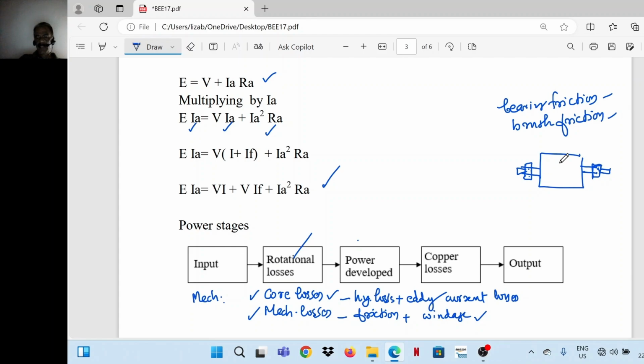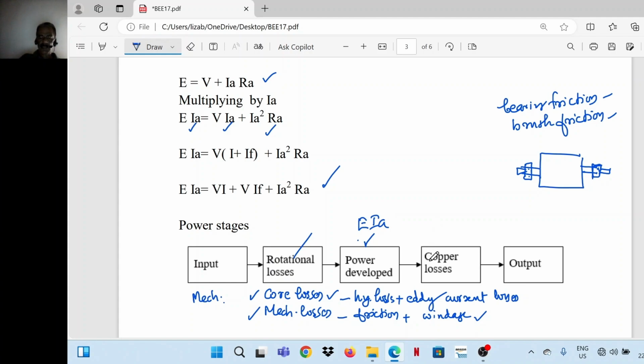Windage means when the armature is moving, it is in constant friction with the surrounding air. So that is called the windage loss. These two are mechanical losses. So core loss plus mechanical losses together, it's called rotational losses. Rotational losses are happening only when the armature is rotating. So input minus rotational losses gives the electrical power developed by the generator, that is E into I,